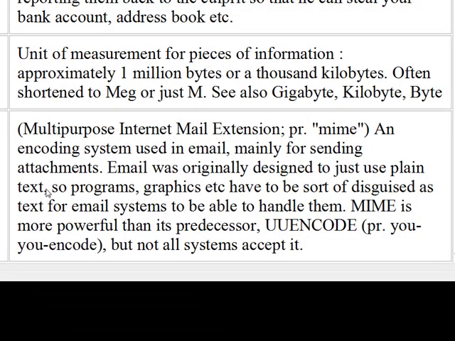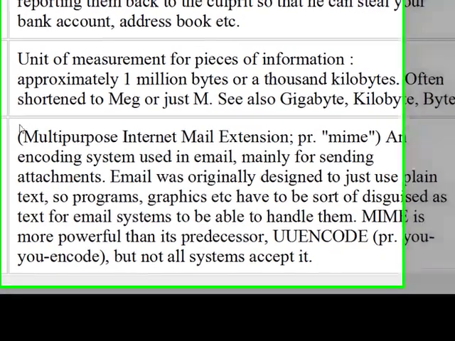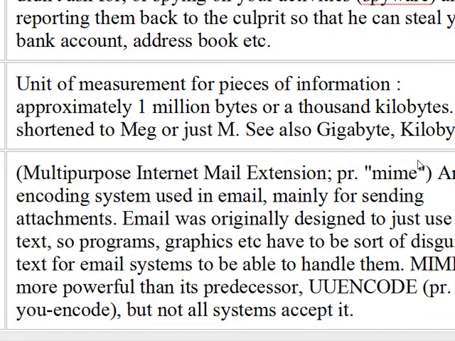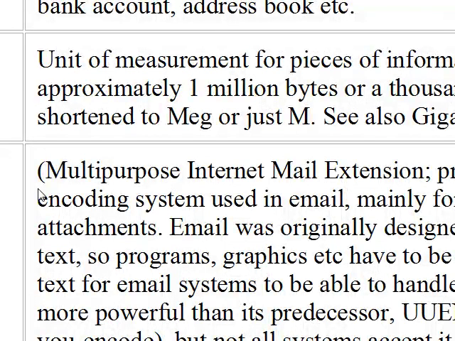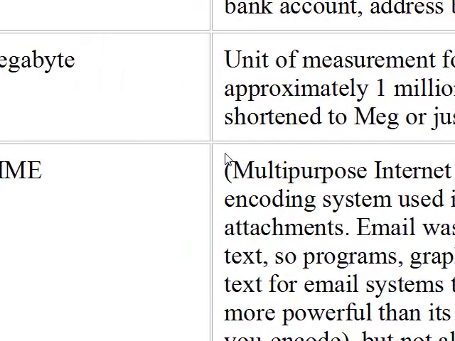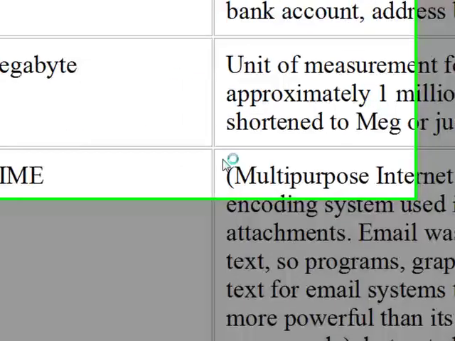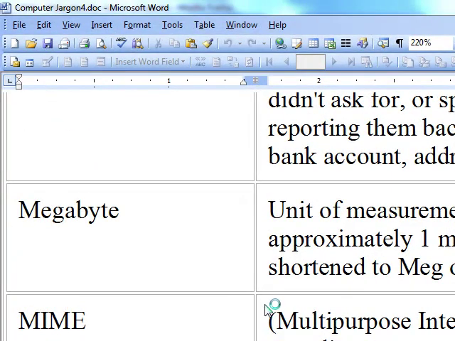They wanted to put pictures or diagrams in the text of their email, and in order to do that, there had to be an internet standard set up so that such things as pictures or diagrams or attachments could be inserted into email messages and be recognized at the other end.